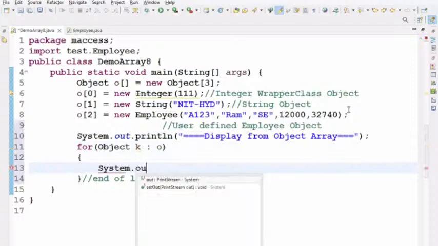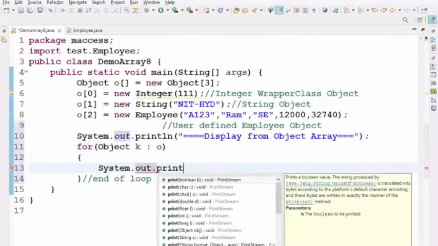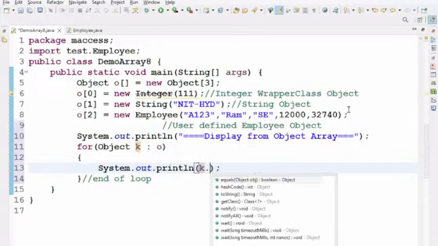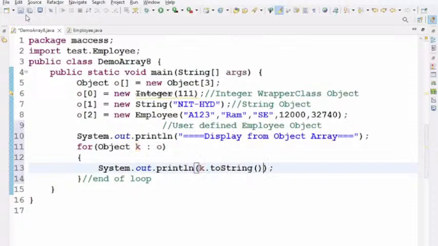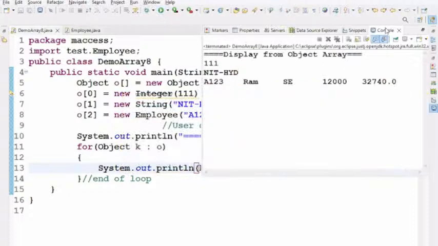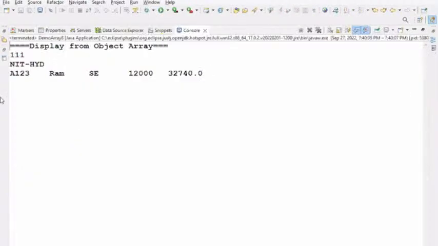So print it. System.out.println k.toString. So the answer will come automatically. So finally the object array is holding dissimilar objects. All of you clear about this statement? Right. Okay. Now this is